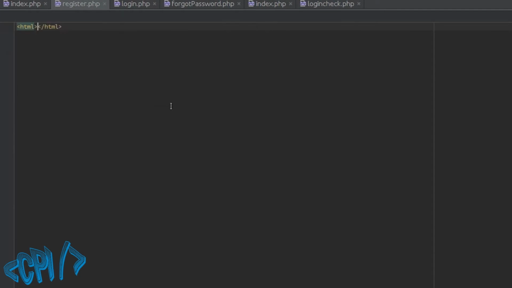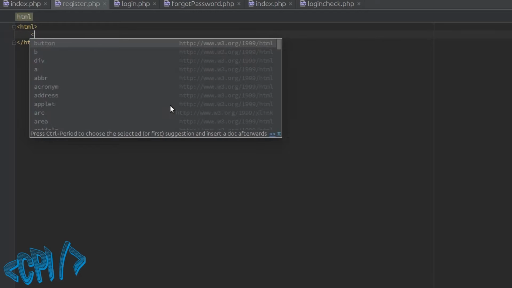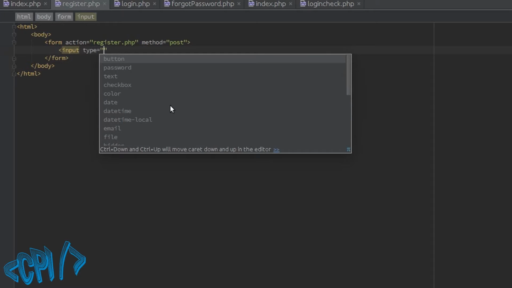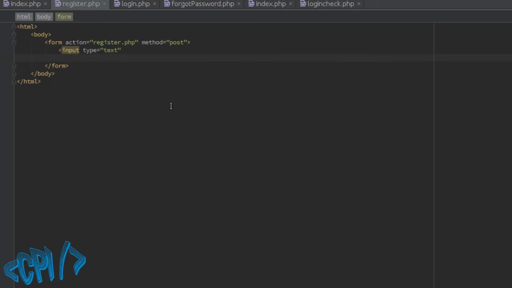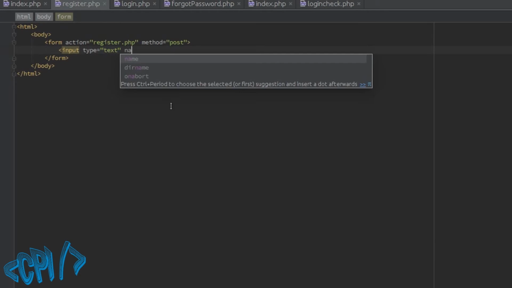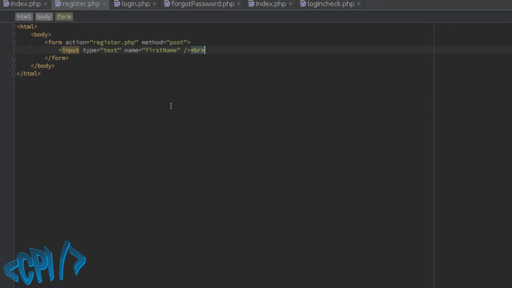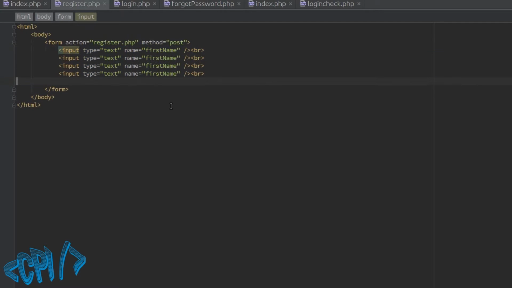So we are going to define HTML, okay, body, our form that we already saw, this register.php, method will be post, we need input, okay, type is text, name will be first name, that's it, we'll put break, let us copy this a few times,